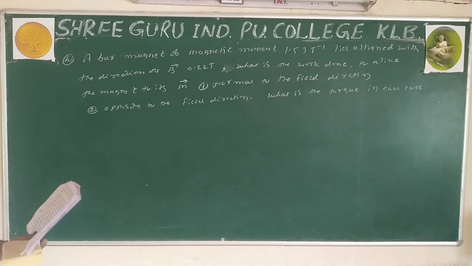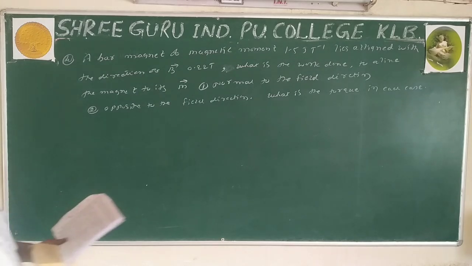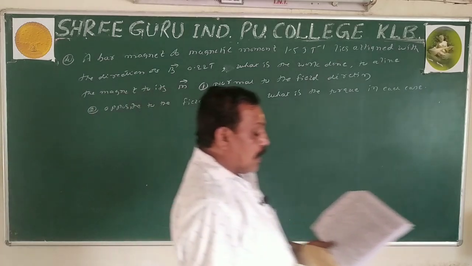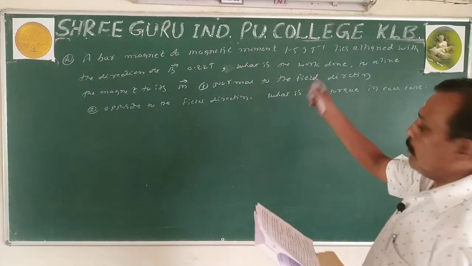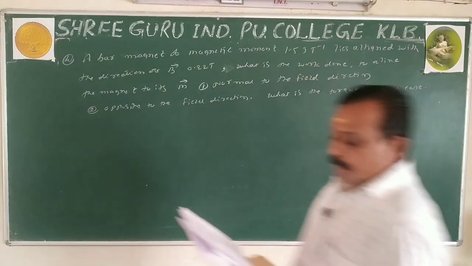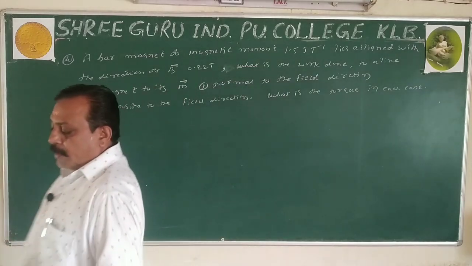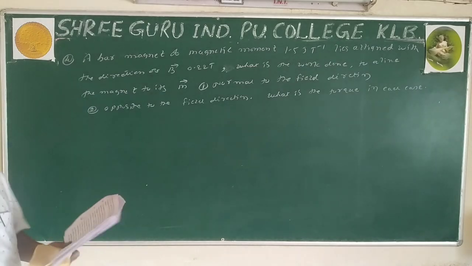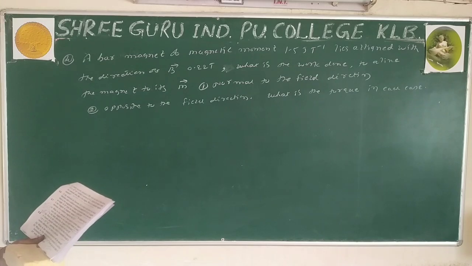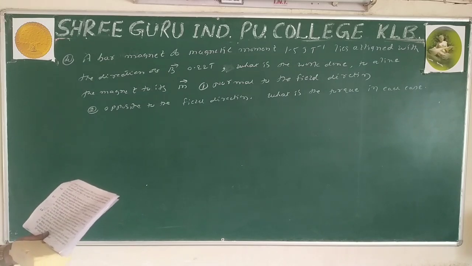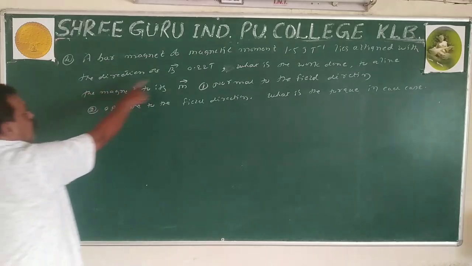Look at the problem. A bar magnet of magnetic moment 1.5 joule per Tesla lies aligned with the direction of the uniform magnetic field of 0.22 Tesla. Lies along the direction of the field means theta 1 is 0. Then what is the work done when it is set normal to the field, theta 2 equals 90 degrees? Then the work done when it is rotated opposite to the direction of the field, that is 180 degrees. The initial condition is along the direction of the field.